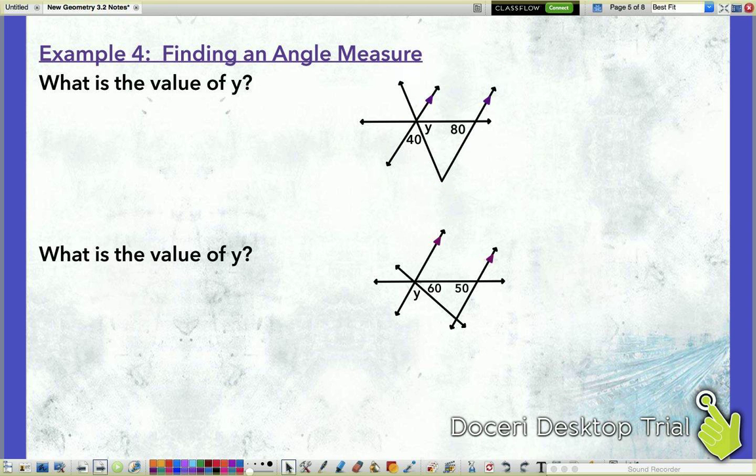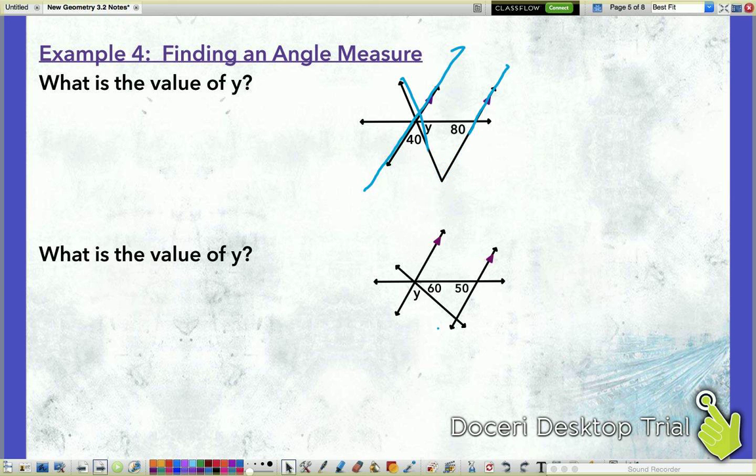Let's try to make this a little bit neater. There we go. So if you look at 40, this angle here would be an alternate interior angle with 40. Okay? So that means